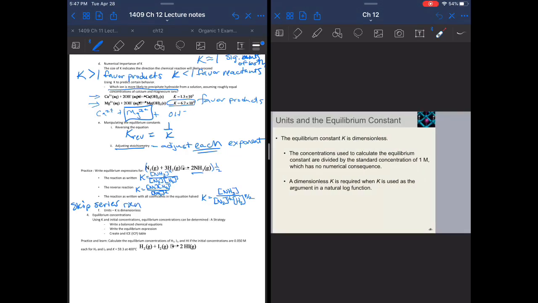And the last thing that we'll mention in this video is units. K is dimensionless. You have molarity on top, you have molarity on bottom. Molarity is all going to cancel each other out. And so for this kind of problem, it's one of the few times where I'll ask you to calculate something and it just doesn't have units. Right, so we want to make sure that we pick up on that. Rate constants, units are important. Equilibrium constants, unitless. All right, we'll get into equilibrium concentrations in part